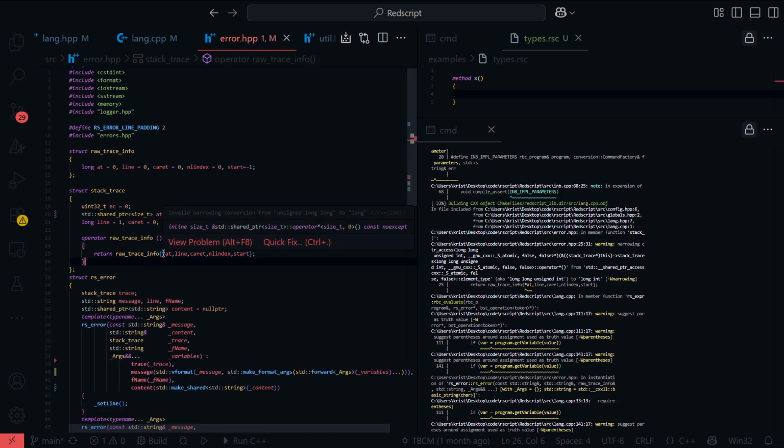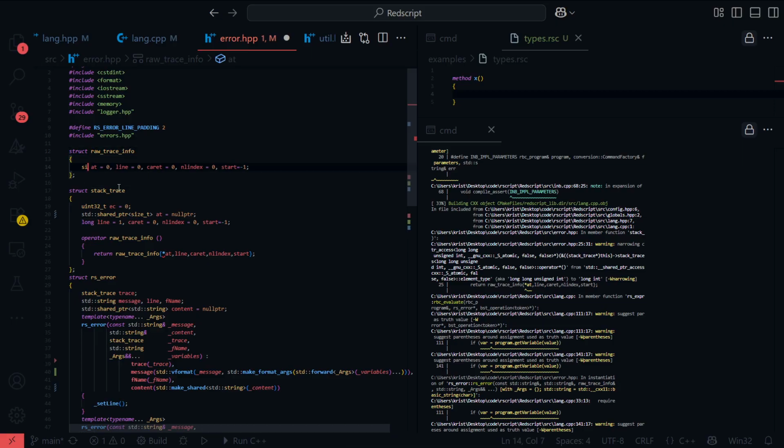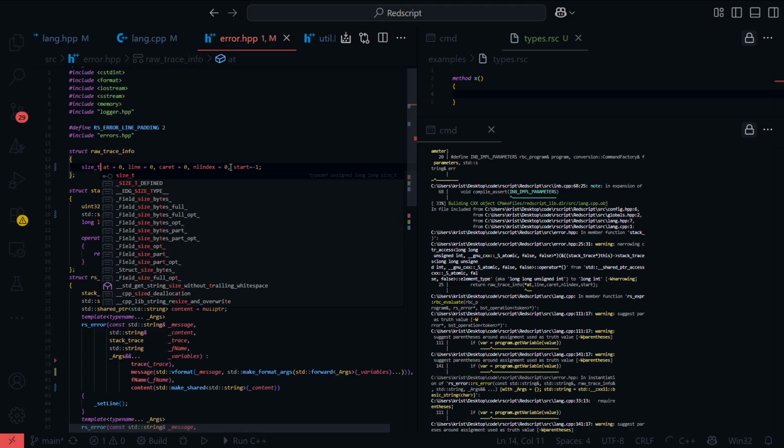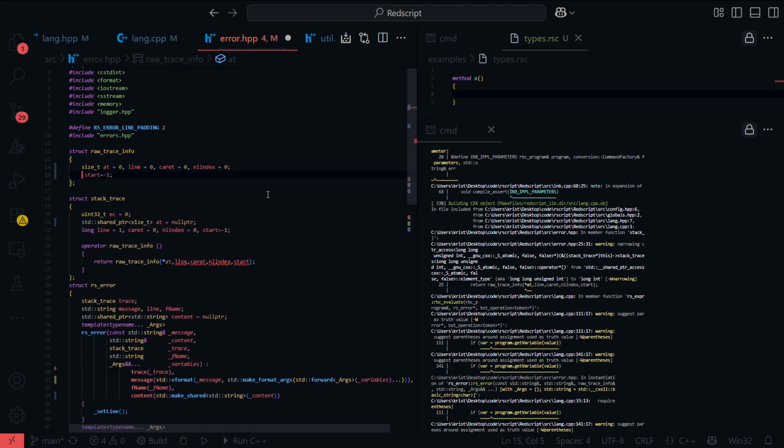Narrowing conversion from unsigned long to long, because I haven't fixed raw trace info, where it should be size_t, but start needs to be a long, because negative, sometimes this isn't used.